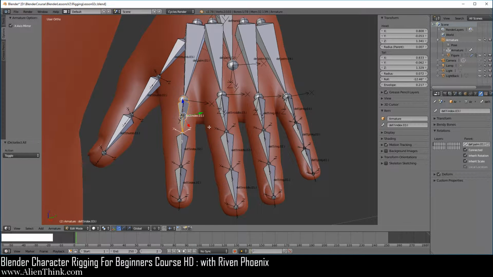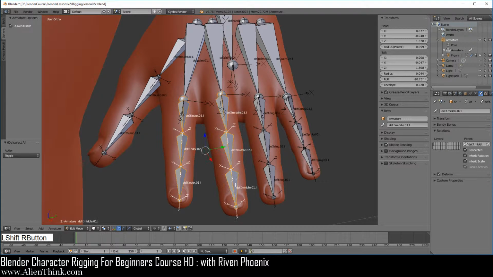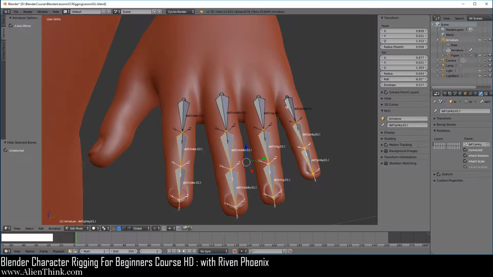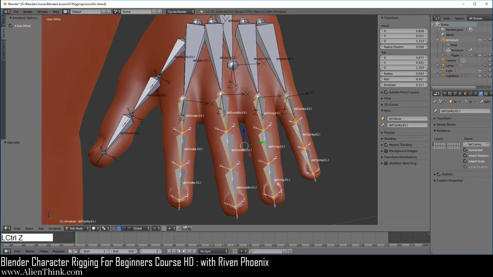So what this tells you is that if you want to select all these bones over here, right, if we press the Shift key down and click on all these bones to select them, if we do Shift H, it's going to deselect all these bones, meaning that we have to go back and select them again. Do Control Z to undo this.